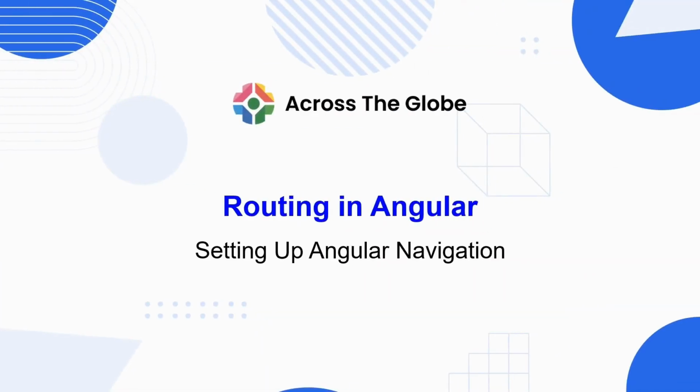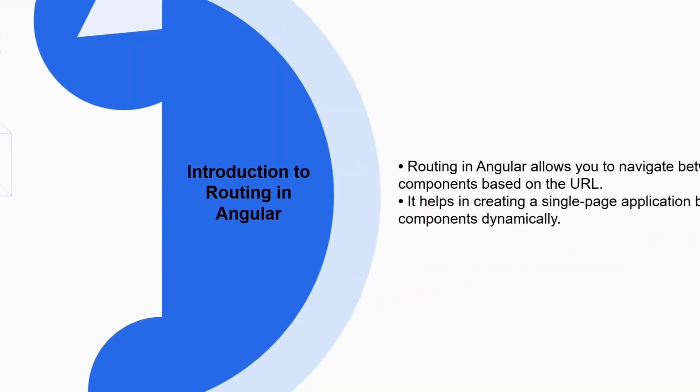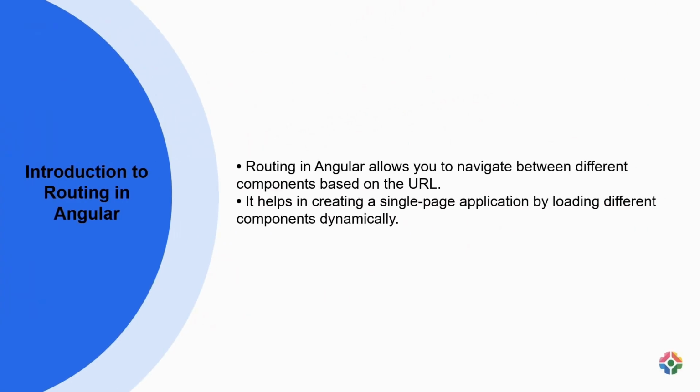Today we will learn about routing in Angular. Routing in Angular is a mechanism that facilitates movement between various components within an application through URL-based navigation. By utilizing routing, developers can establish a single-page application (SPA) architecture wherein components are dynamically loaded based on user interactions